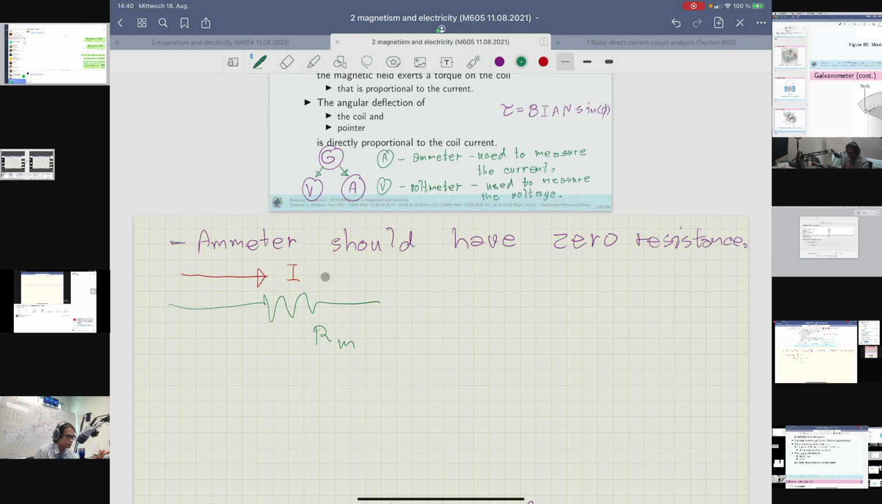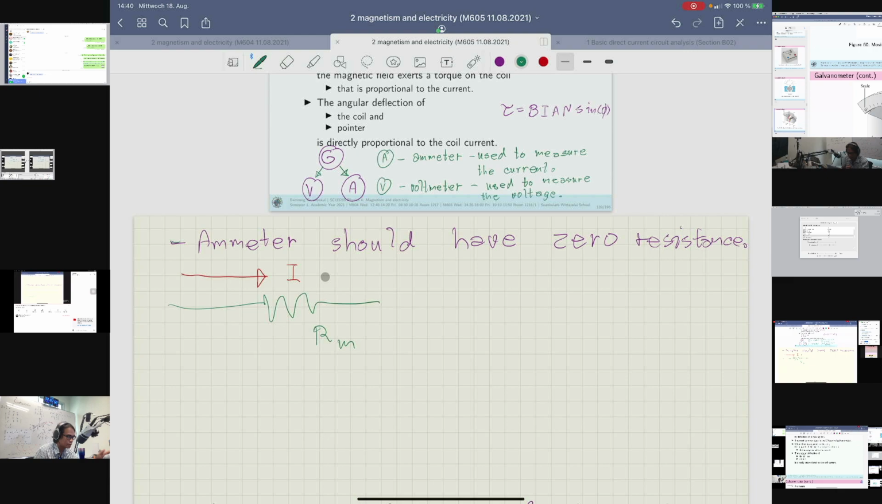The way to measure the current is that you just cut this branch, okay, cut it and leave the